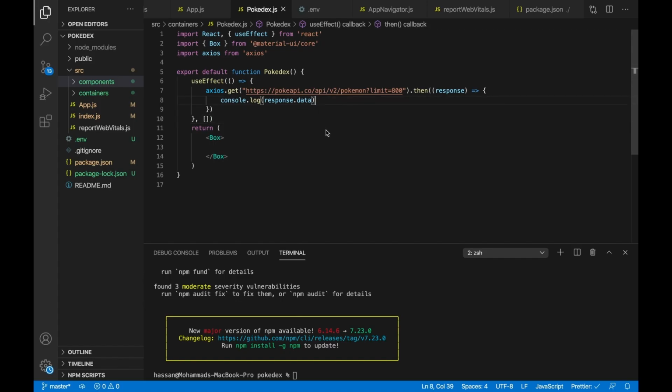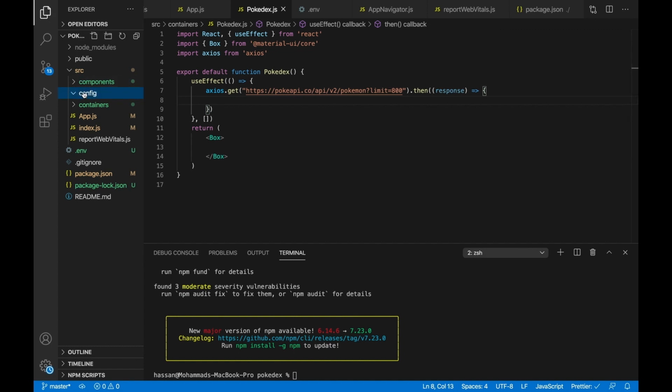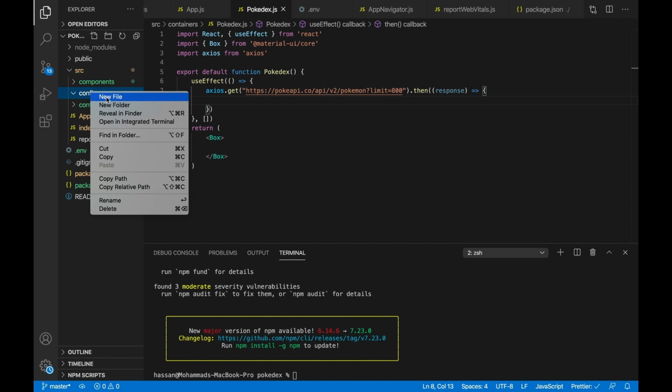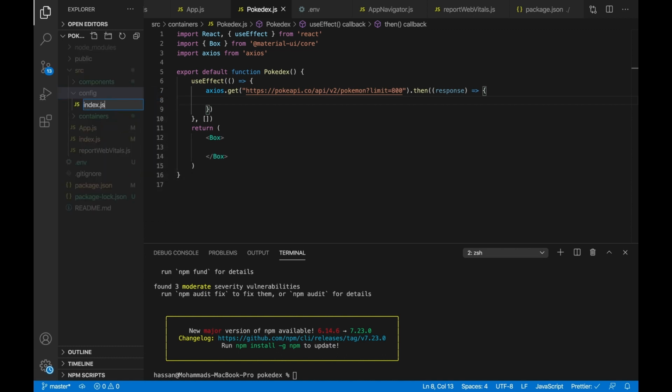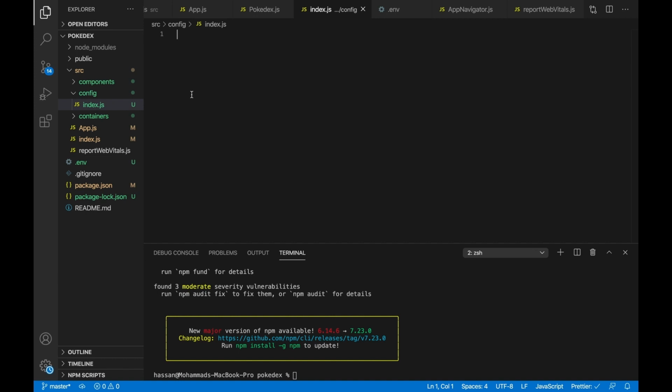So let's keep everything clean. We need to make a config folder so we can put in all these constants, like for example the URLs, the special API keys if we want to use them. So we'll need to get all of this and put it in one place, and we'll put this inside the config folder. So inside the config folder, we want to now make an index.js file. So we make an index.js file, and now we can export these URLs. So we'll do export const POKEMON_API_URL, and then we can set it to the actual URL,